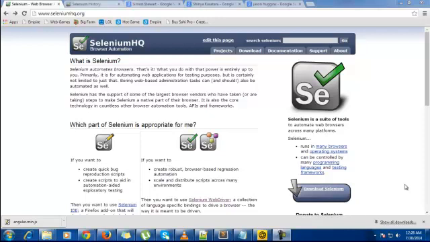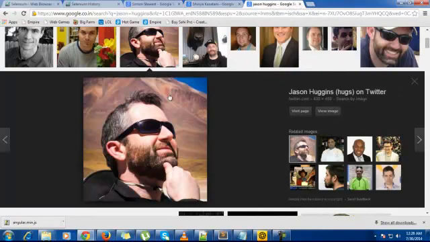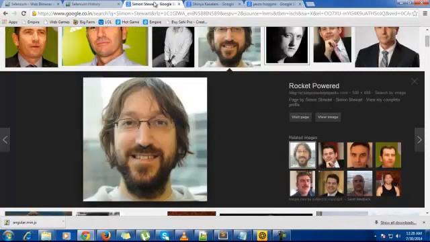Today we'll discuss Selenium components, that is Selenium IDE, Selenium WebDriver and Selenium RC. Selenium IDE was developed by Shinya Kasatani, this is the photo of Shinya Kasatani, and Selenium RC was developed by Jason Huggins. So he is Jason Huggins, looking pretty smart. And Selenium WebDriver was developed by Simon Stewart. Now he is an employee of Facebook.